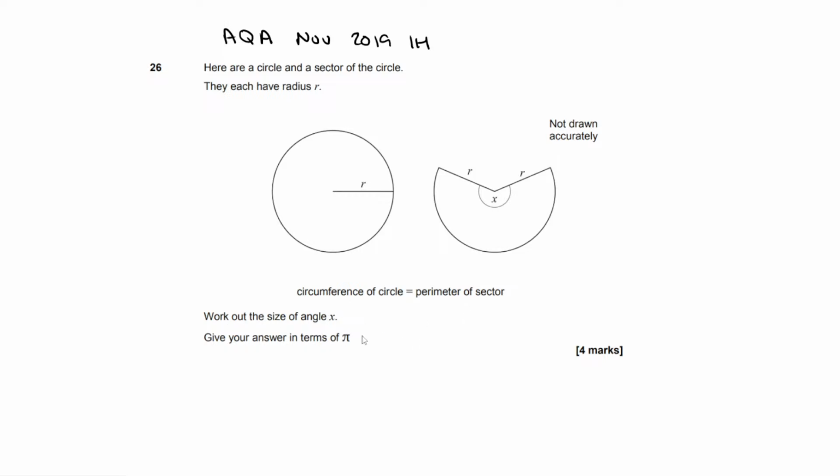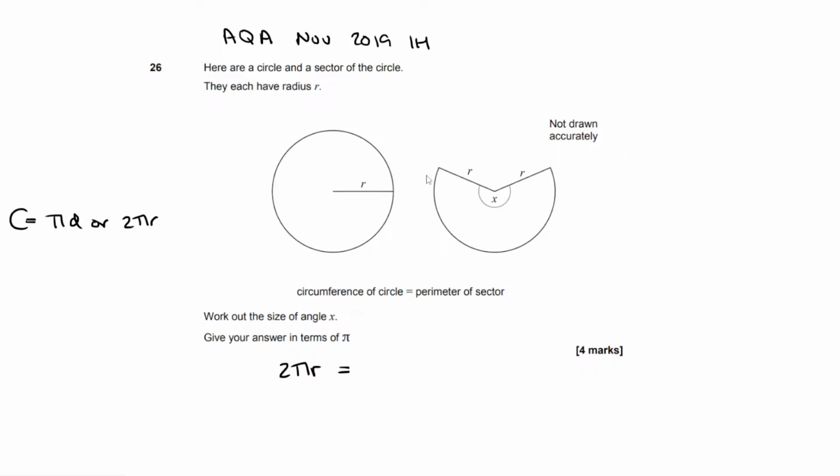Okay, so when it says work out the size of angle x, this is an equation that I'm going to translate from words into maths. We need to know the formula for, let's say the left-hand side, the circumference of a circle. You either know it as pi times diameter or 2 pi r, it doesn't really matter which, and I'm pretty sure that's on your formula sheet. In this case, we'll use 2 pi r because there's a radius. So that's the left-hand side of the equation, 2 pi r equals, and then here we need to create an equation for